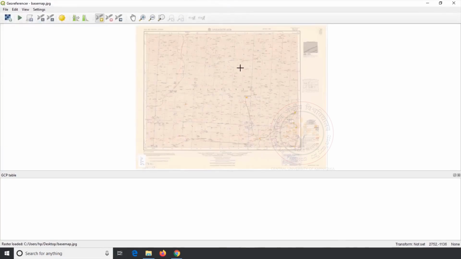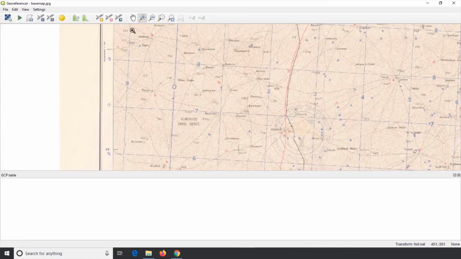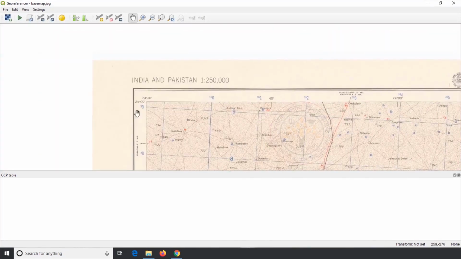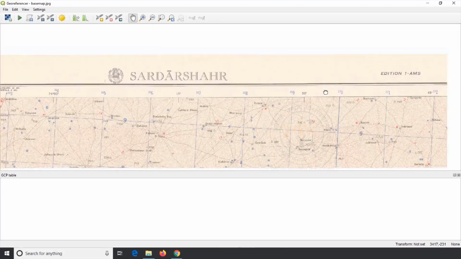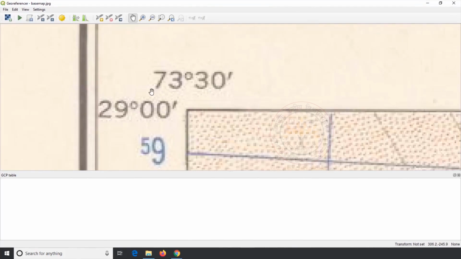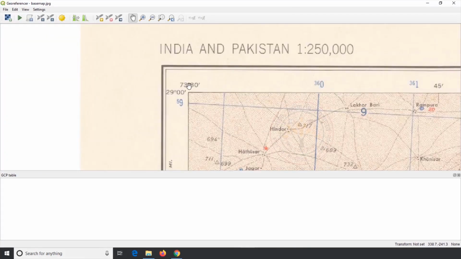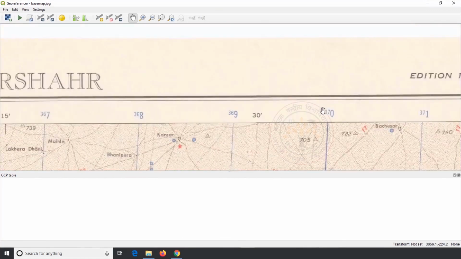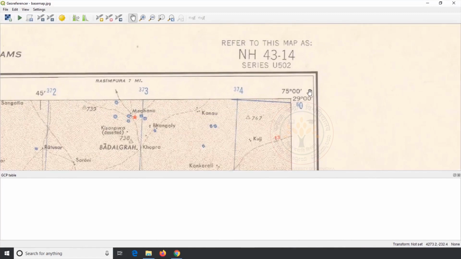Use the zoom and pan map tool to navigate on the map and look at the latitude and longitude mentioned at the corner of the topographical sheet. In the left top, the latitude value is 29 degree and longitude value is 73 degree 30 minutes. Move to the right top using the pan map tool.